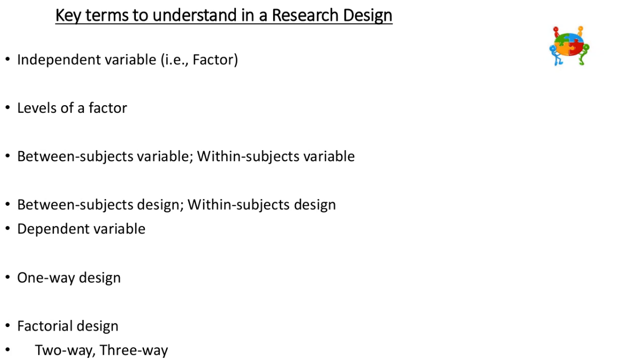But what do the levels of a factor mean? So let's say I was looking at stimulus type and I was manipulating the stimulus type on recognition memory. And it could also mean the conditions. So if I have stimulus type and I have a picture,